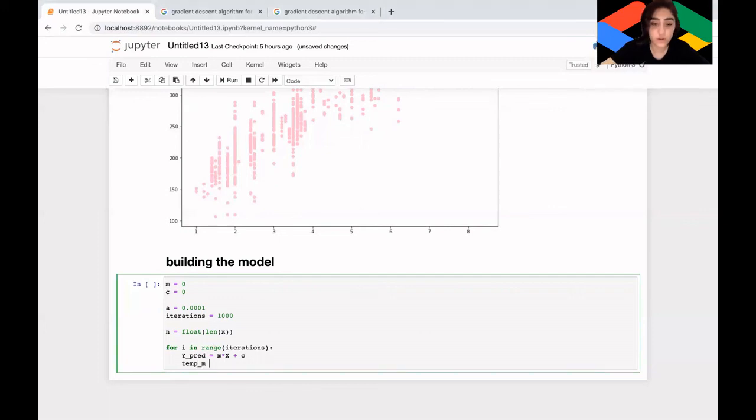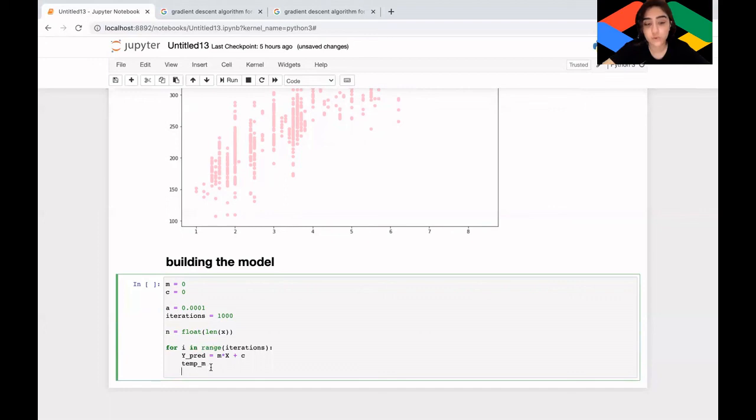We've got the temp value for theta 1, which is m in this case, and then the temp value for theta 0, which is temp c, and that is simply going to be the current values subtracted from